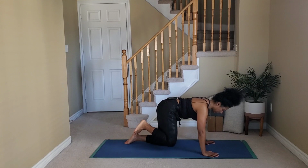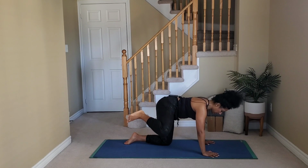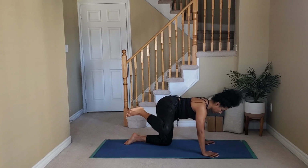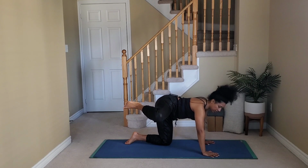Down, around, and up. Go ahead and switch directions. Out, down, and around. Out, down, and around. Go ahead now and fire hydrant that right knee, making sure you're not swaying and leaning